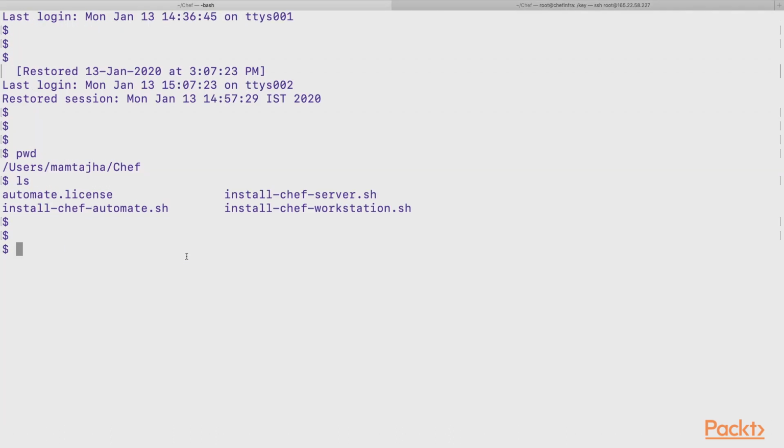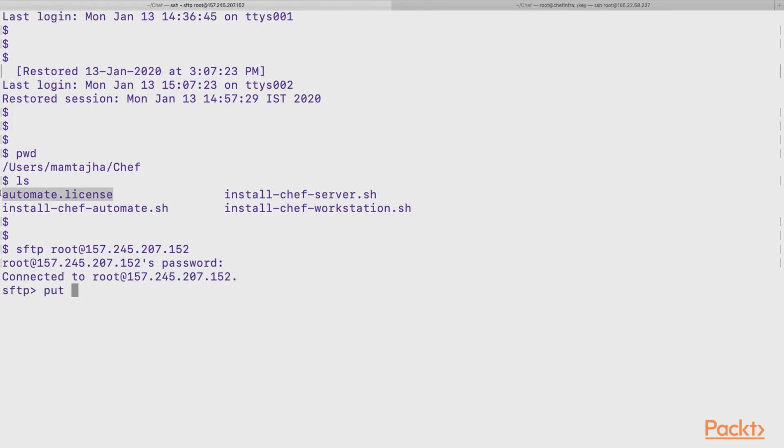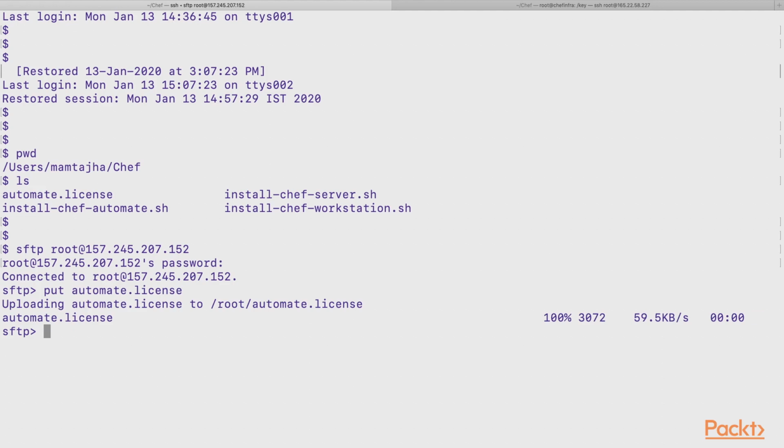And we would also need the license key to be transferred to our Automate server. Chef Automate is an enterprise version. So we would transfer the license file to the Automate server. I have the license key over here. Let me connect to the Automate server, 157.245.207.152. I am transferring the license key, and I would also transfer the script file which we have created to configure